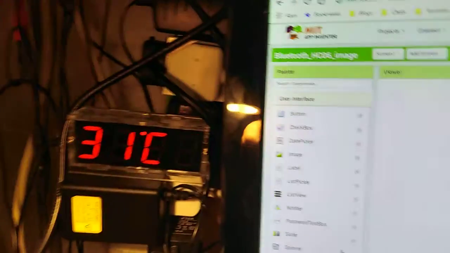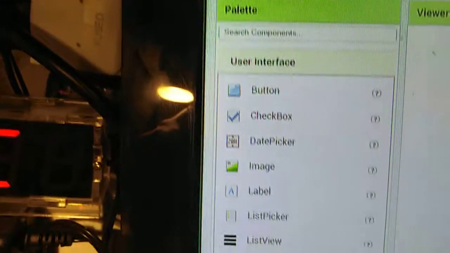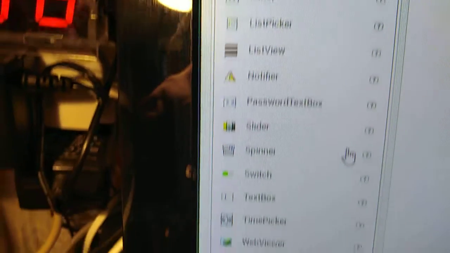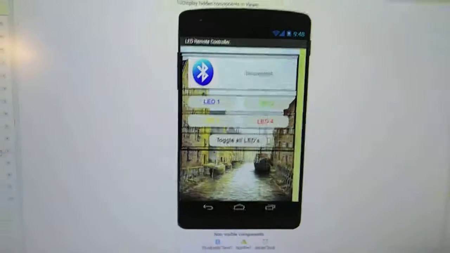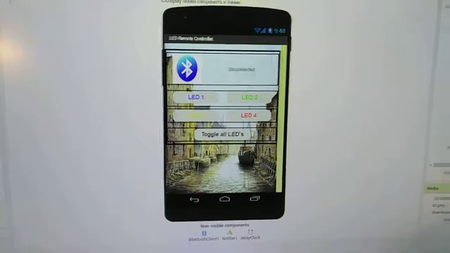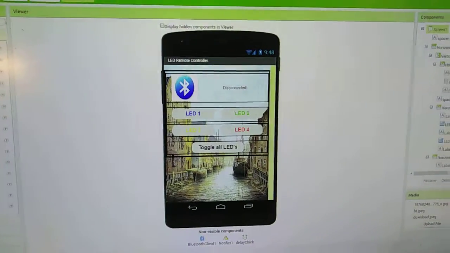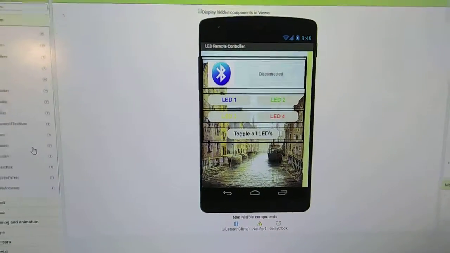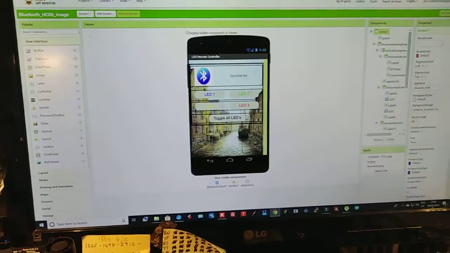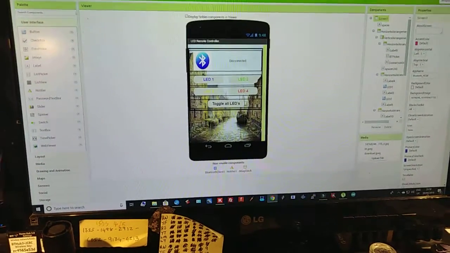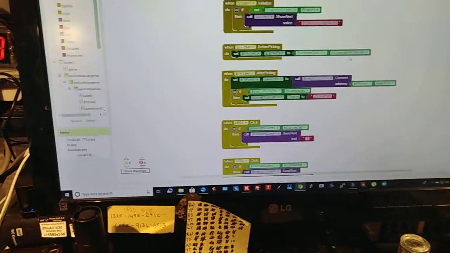You can drag in buttons, checkboxes, pick images, labels, and so on, and create the image that will appear on your phone. Now to code it, you change to the block image. Now let me back off and click block and scroll up. There we go. So in my particular program,